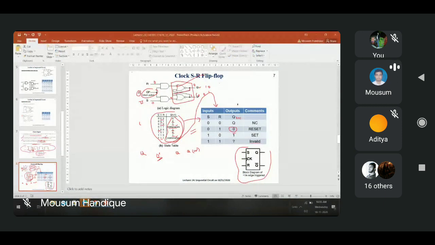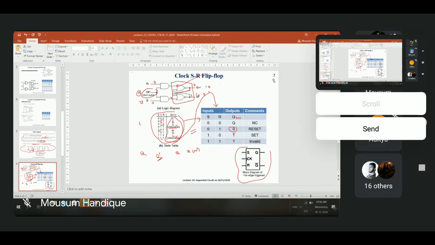Now I'm not discussing anything further with you because your concept is not clear. Look at slide number 7. In the next class, I am going to ask all of you some particular questions based on slides 1 to 7. So your concept is not clear, and I'm requesting all of you to go into a deep level of study about